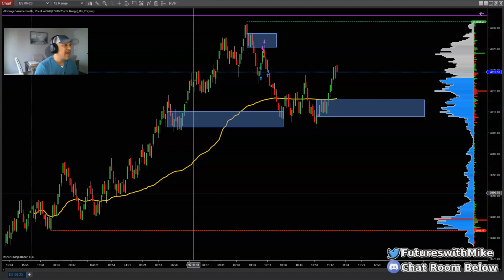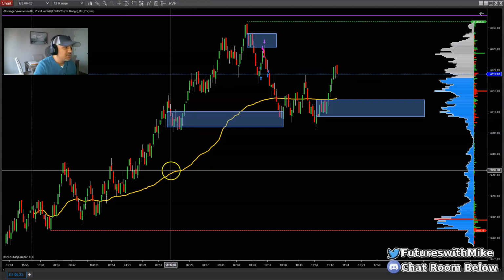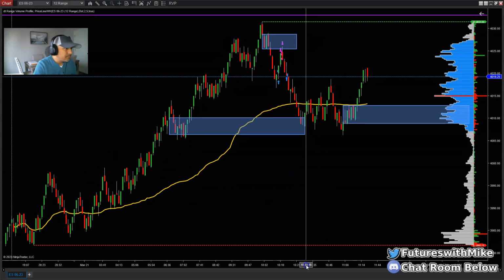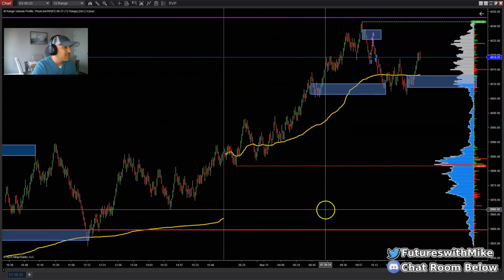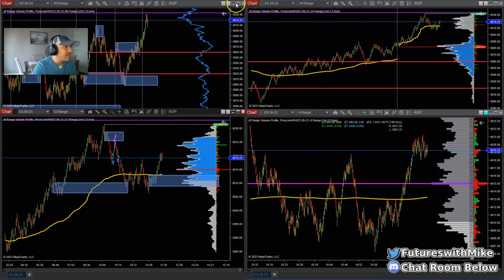But let's go ahead and dive into these two trades. They were back-to-back trades that I took on the S&P 500 futures this morning. So what you'll see, basically on the first trade, you'll see the market's been running to the upside. We've been bullish, if we look at the higher time frame,